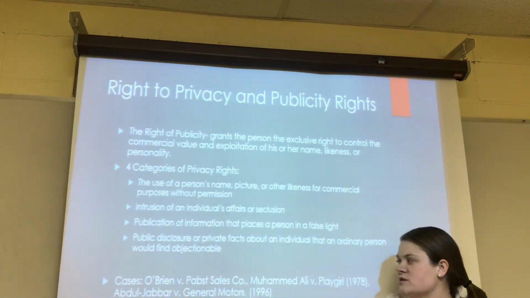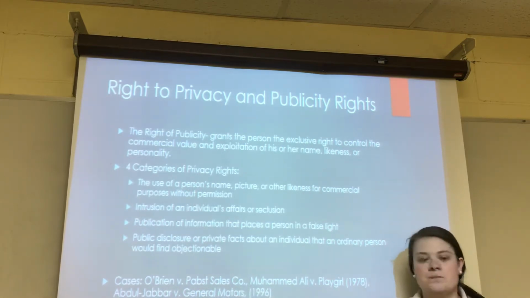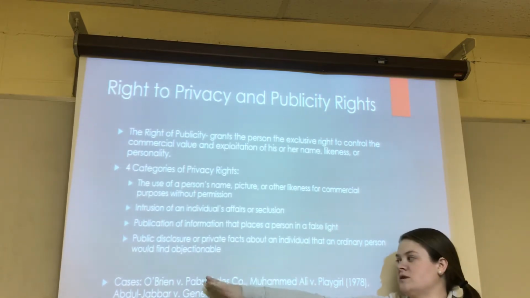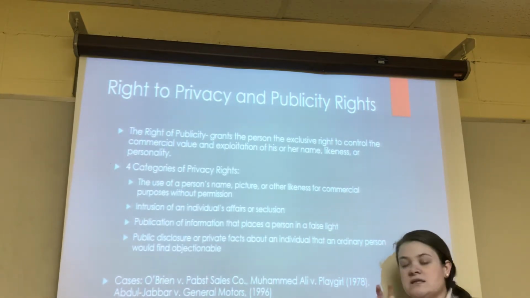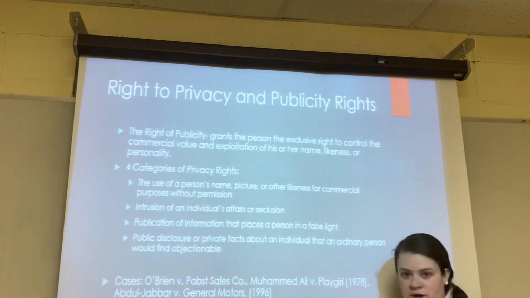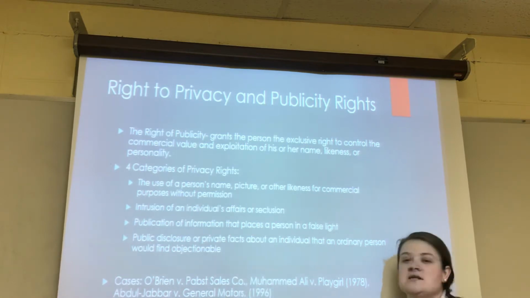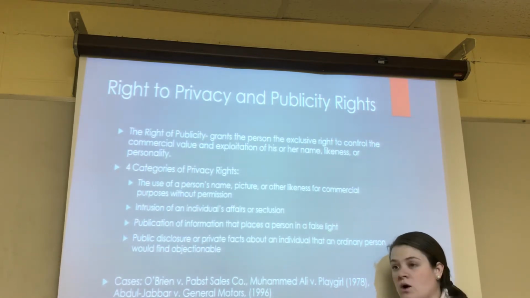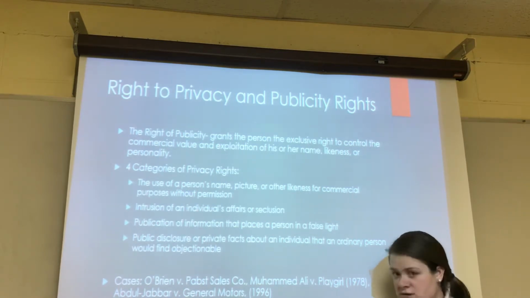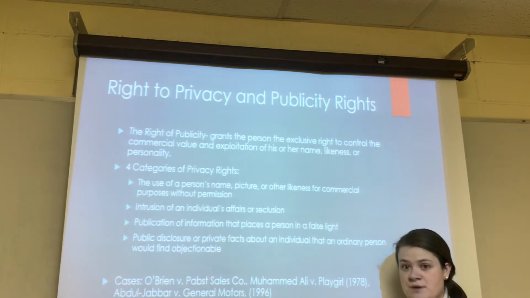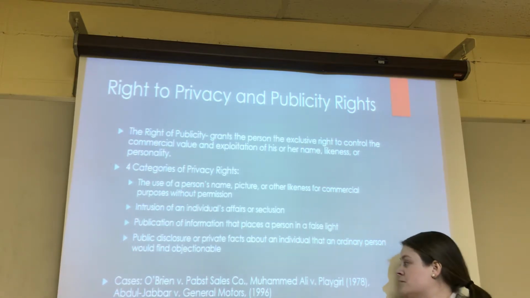So I'll talk about this one, O'Brien versus Pabst Brewing Co. So just think beer there. They had put this athlete, O'Brien, his image on a beer can to sell it. This was like before endorsement contracts were a thing. So they put his face on this beer can, and he was like, whoa. And it wasn't even about him not making money off this, but he didn't support that as an athlete. I don't drink beer, and I don't want people putting me in that category. So he's like, that's not cool.